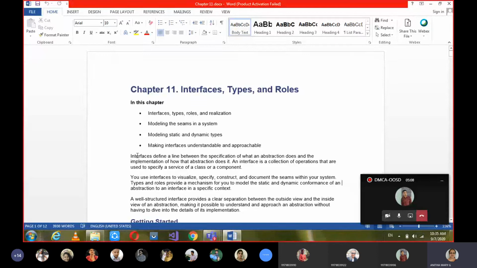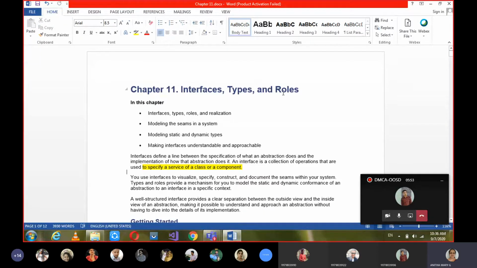Okay, so interfaces define a collaboration of operations and specify a service. So this point you can just remember. It gives a service, but not all the details of the service. You know what a service is? Just giving the abstract definition. Abstract, only the signatures, no detailed code will be there in that. So that is a service. But the detailed code you will get from whoever is using that interface. So their code will be substituted over there. Okay, so this is about the interface.